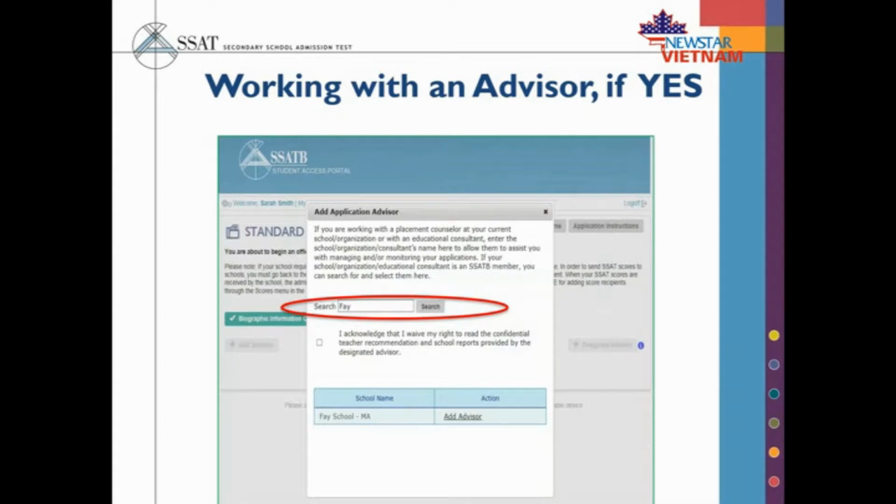If you do find them, you just click that you acknowledge you're waiving your right to view pieces that this person might upload on your behalf. Again, if you're working with a placement counselor, they will be helping you through this process, and so this is why you will be providing this permission for them. And then you simply click the hyperlink down at the bottom that says Add Advisor, if you are working with one. If you were not and you selected No from the previous screen, you'll simply be brought to this page,